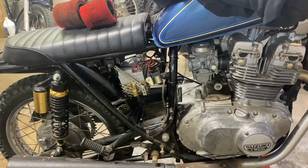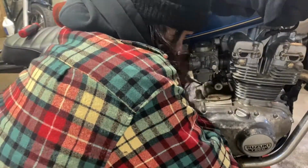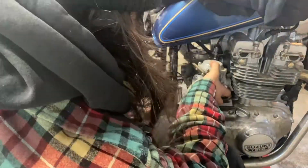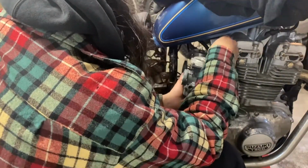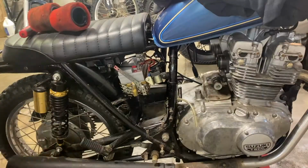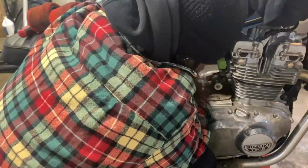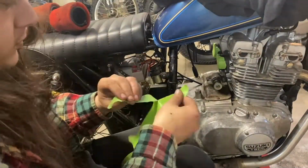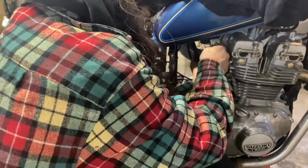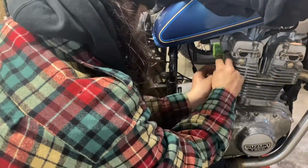We're going to get right into this one because it's a little bit different. We are going to pull off these dual carbs on the Suzuki, take them apart, and ceramic coat the top caps as well as the bowls. So I think it'll look pretty cool. It should have a bit of a silver and gold or silver and bronze thing going. I don't think I'm going to take it as far as polishing the bodies of the carbs. That would be a lot of polishing on this old bike, but we are at least going to take this